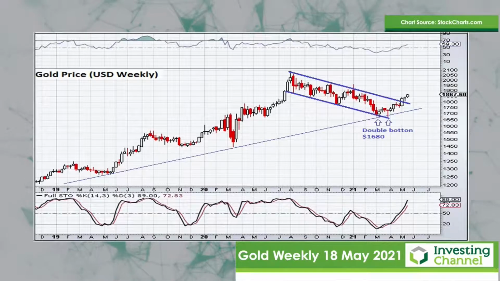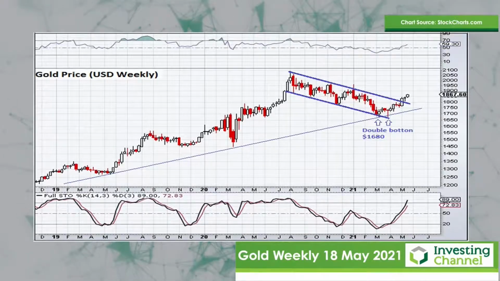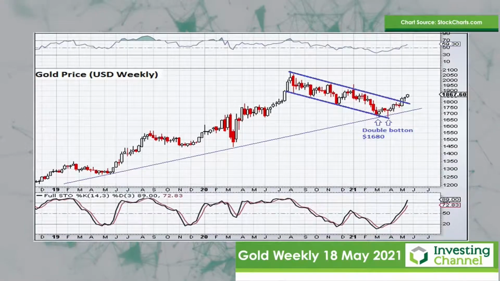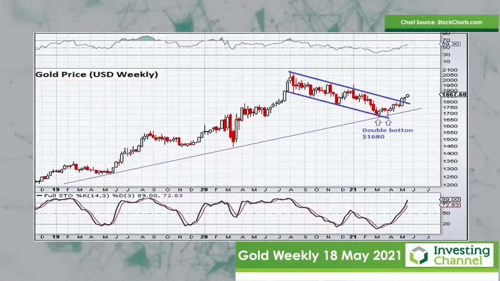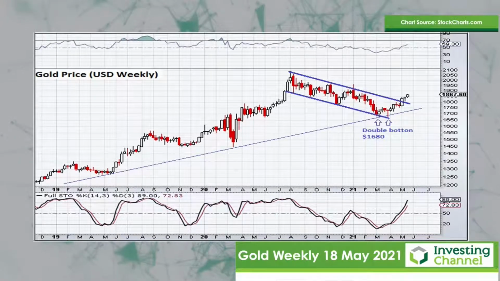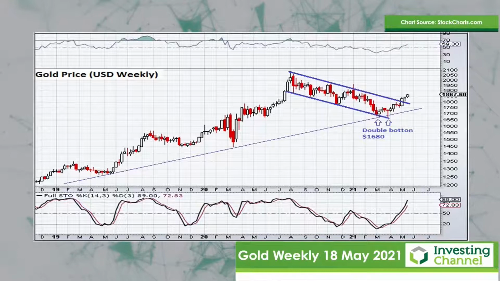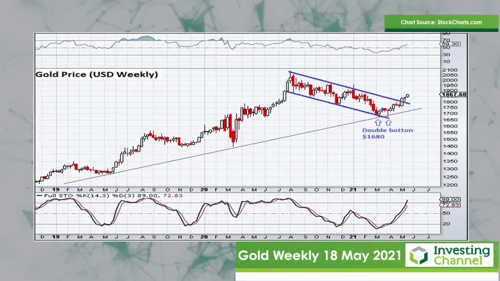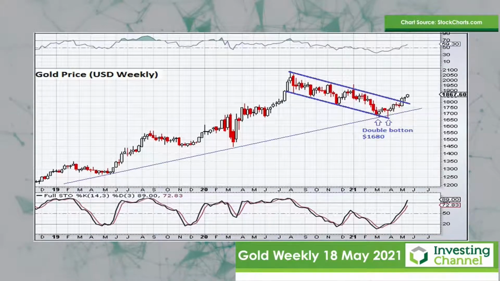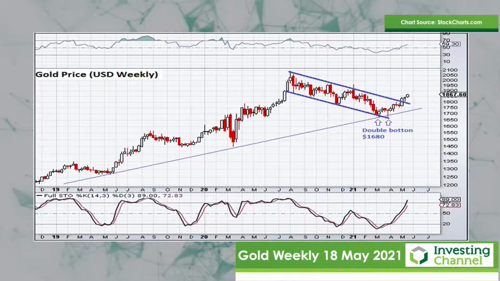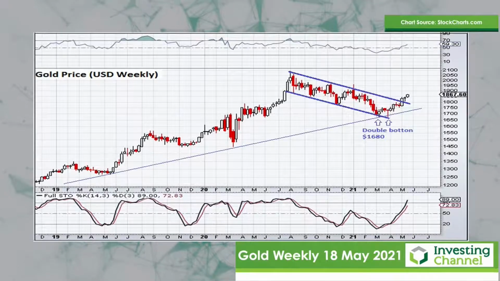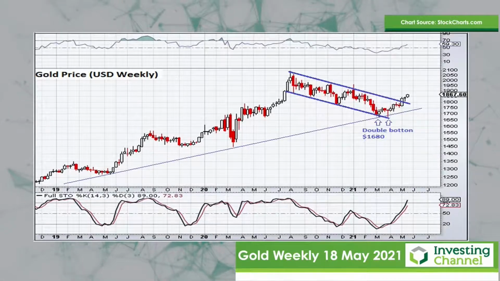What you can see on this chart of the dollar gold price is that the overall trend still remains very much upwards, but it has been consolidating in a nice channel since August last year. But that channel has now broken to the upside. So that's a bullish development. And that comes after a double bottom pattern that formed at 1680 on the gold price recently. So that break up above the top of that channel is pretty bullish, and it suggests that the gold price is likely to go back and retest those prior highs from August last year at some point.